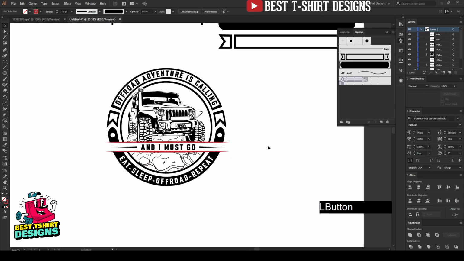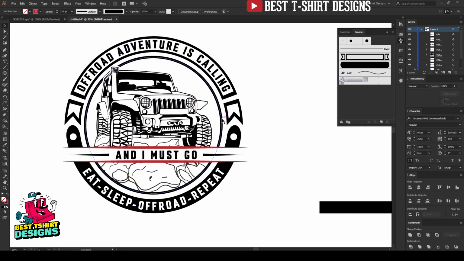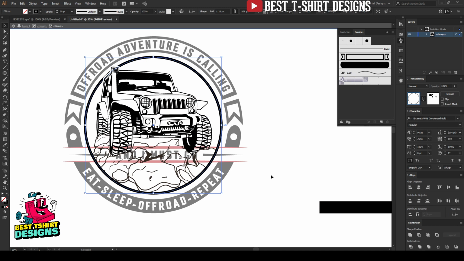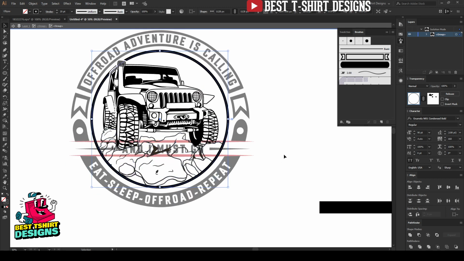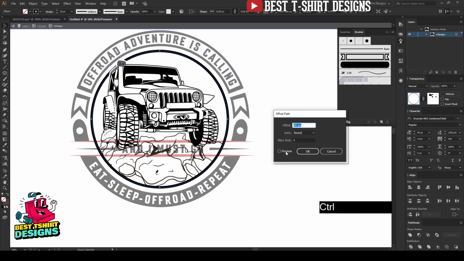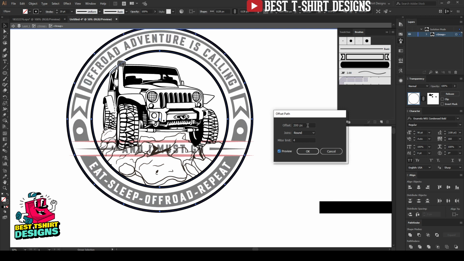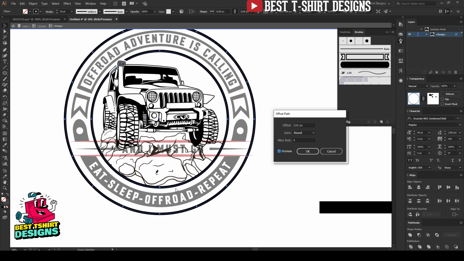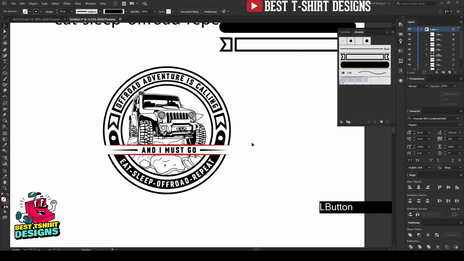So this is the final position of my design here. This is just a base kind of looking design, and I want to select this ellipse because I want to make another outer ellipse of this total design. So I'm selecting this ellipse here. You can see only selecting this ellipse, it is showing up here. If I press Ctrl Shift F, that is for my offset path. I can make a bigger size offset path like this. Maybe this size is good, or maybe a bit bigger. I want to make this gap between the text and this gap similar, so this size is good for me. That is fine. Let's leave it for now.